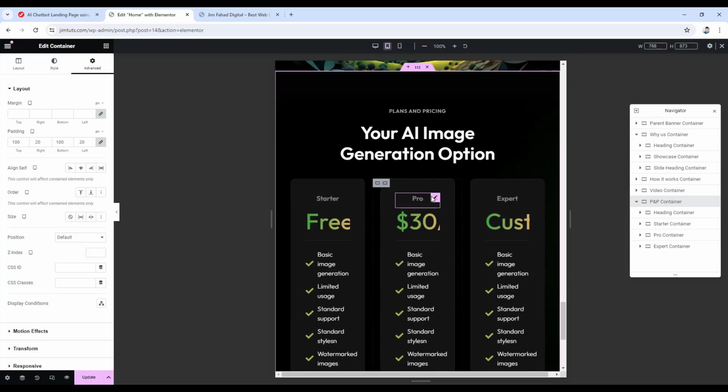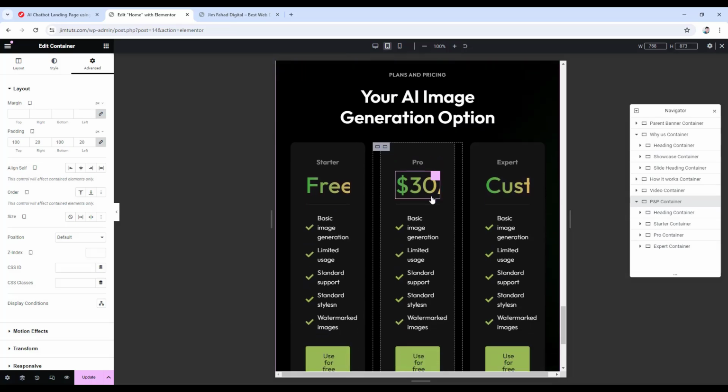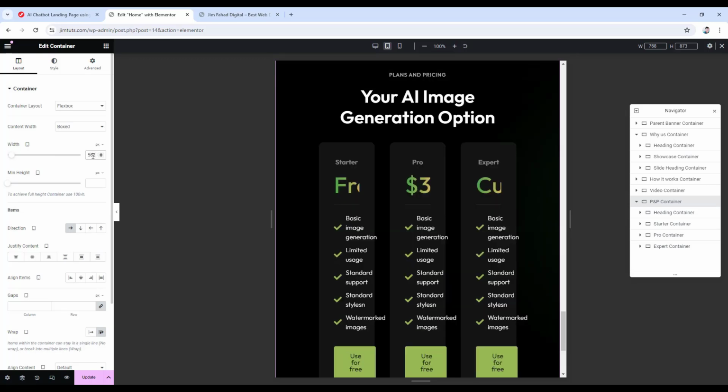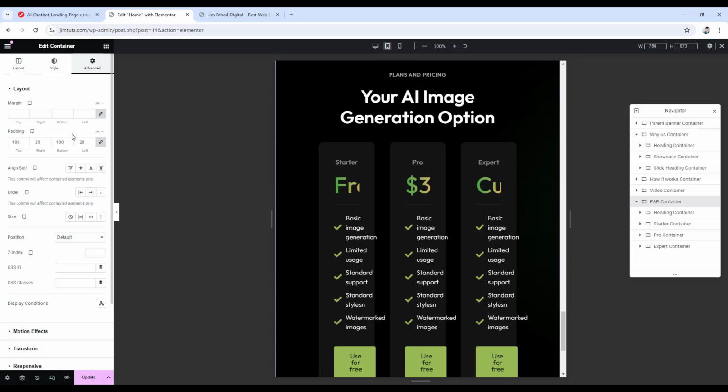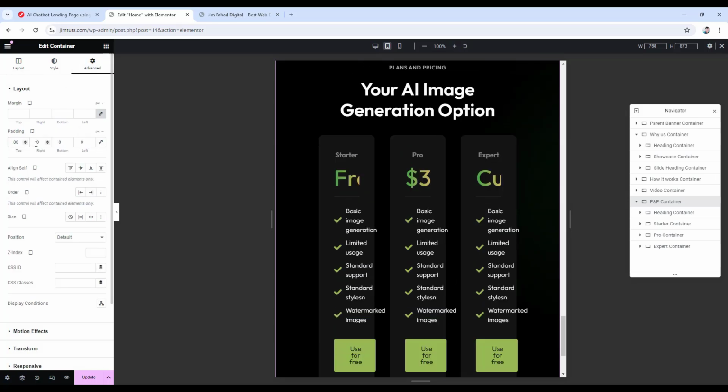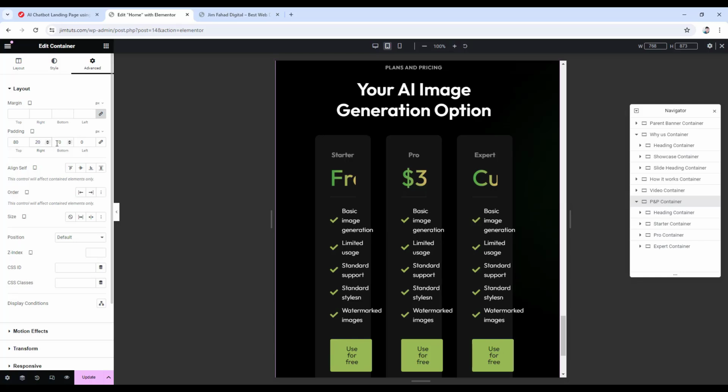As you can see, there is a lot of things we need to change here, but don't worry, it may look very complex, but once you start it, it'll be finished before you even know it. So first, let's select this PNP container. Then from its layout, set its width to 562 pixels. Then go to its advanced tab, unlink the padding, then set top to 80, right to 20, bottom to 60,